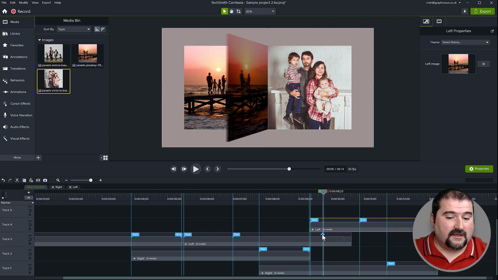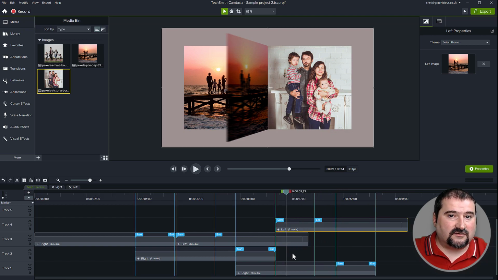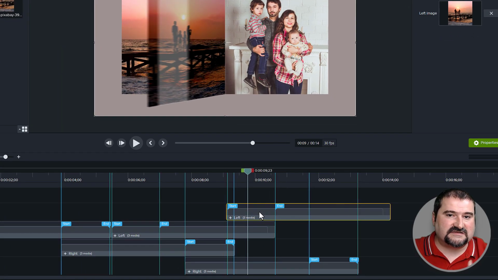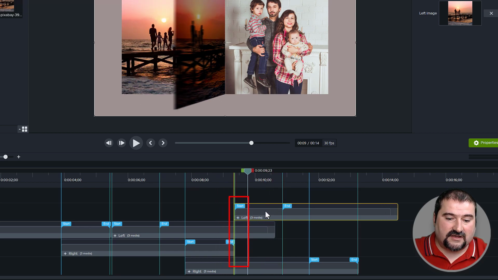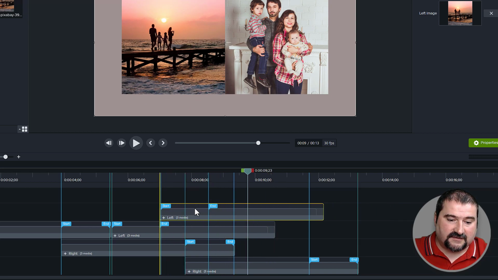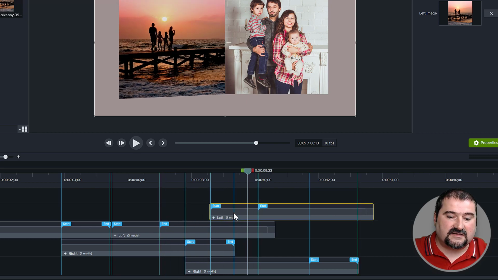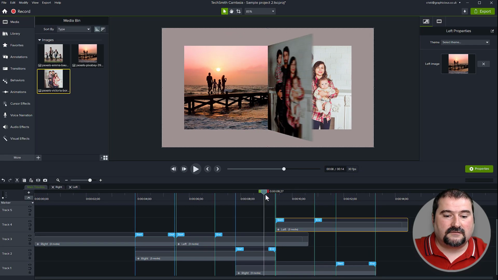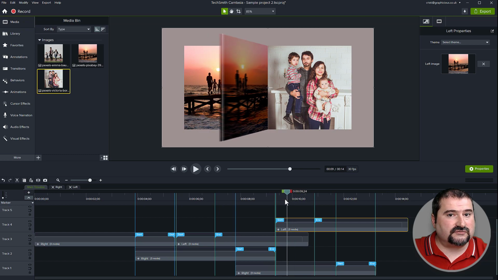And here's another thing. You always want your start and end of your right and left to match, right? So if you have a hard time deciding where your left page has to start, well, it has to start where the right one ends. So right there. Or in my case, right there. That's where the animation on the left stops, and that's where it starts. Okay, so right now, you see, perfect transition between the right and the left page, right?